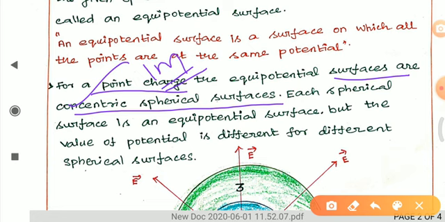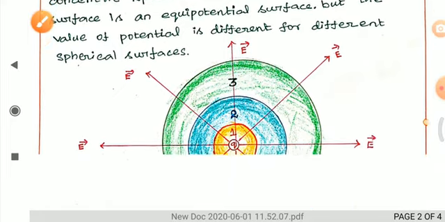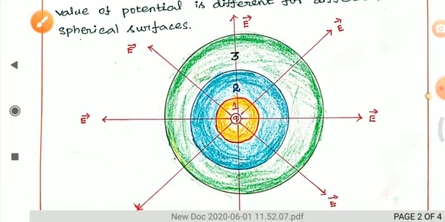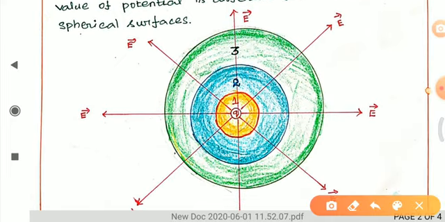Okay, then if we consider spherical surfaces, a plural form, so more than one surface is there. So how can we calculate more surfaces? It is at different distances. Okay, that is explained in this diagram. From the origin, from the center point, there are 3 surfaces we have taken.